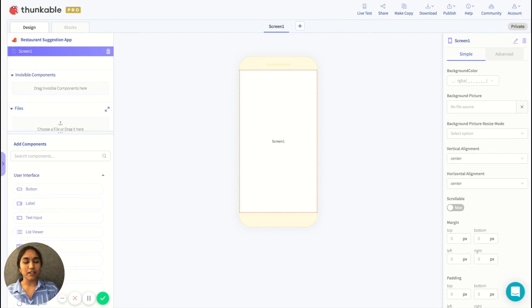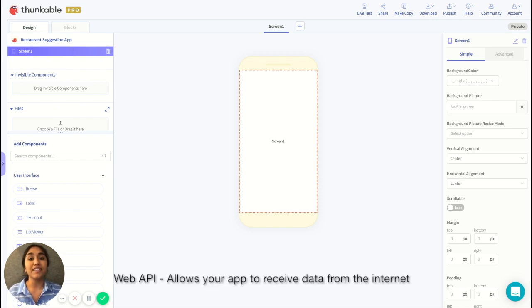So let's start by talking a little bit about what an API actually is. API stands for Application Programming Interface, but to keep it short and simple, just call it an API. What an API does is it allows your app to talk to another data source. The web API component on Thunkable allows you to get data from any public or private data source and use